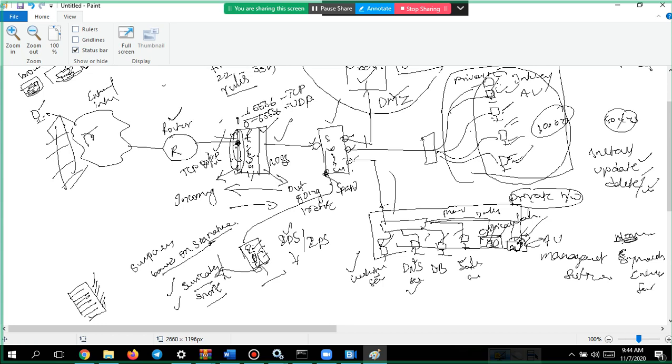If your company is more sophisticated, and they want to, as soon as they come to know based on the signature about any suspicious traffic, they will try to block it.